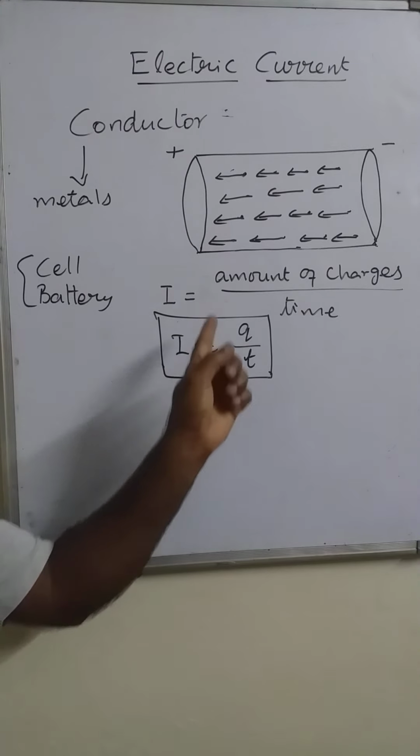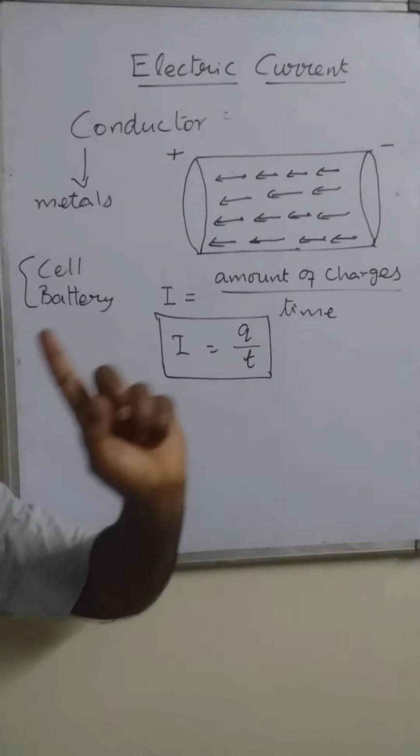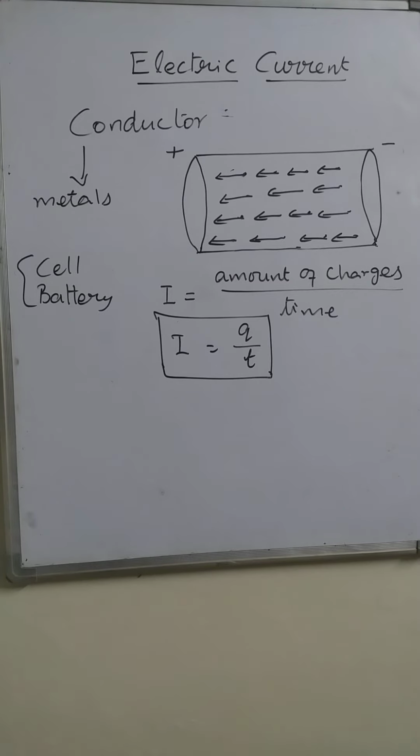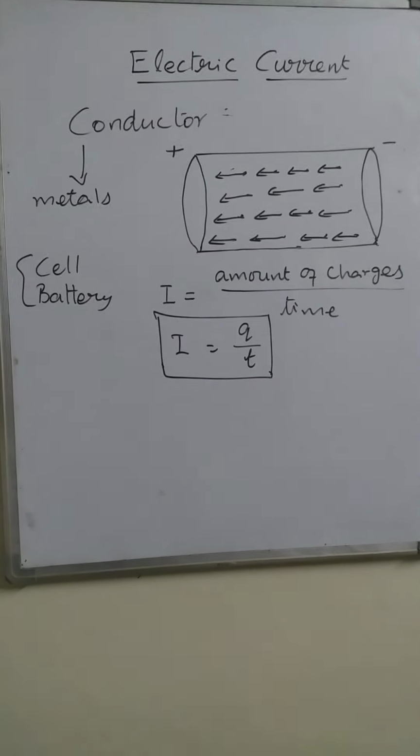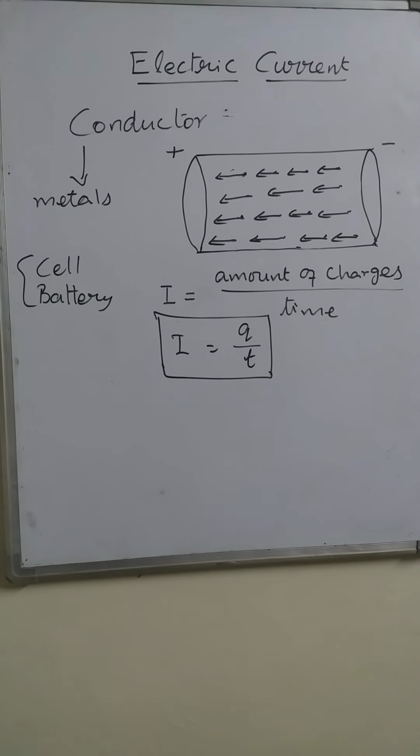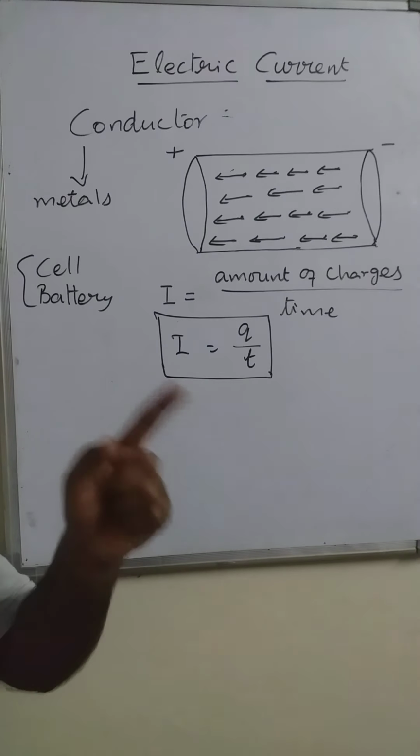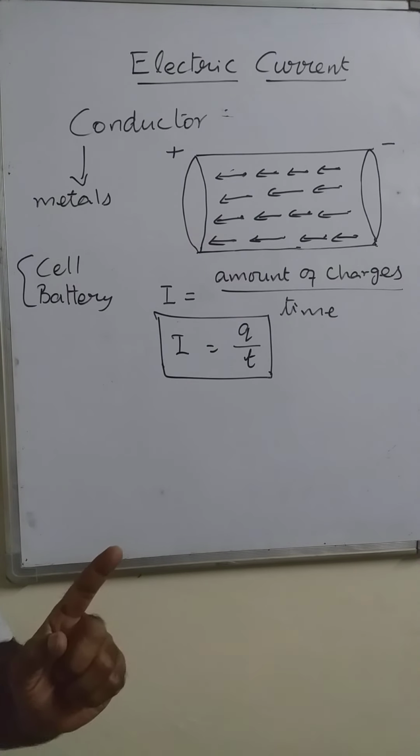Electric current is defined as the amount of charge that flows through a conductor per unit time. And this electric current is flowing through this conductor. While the electric current is flowing through the conductor, still the conductor is not charged, because